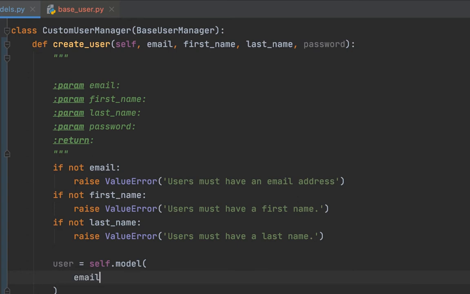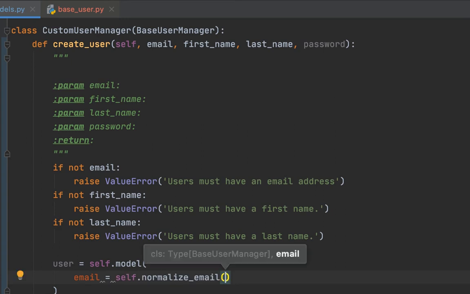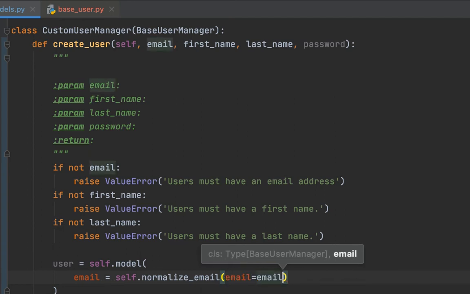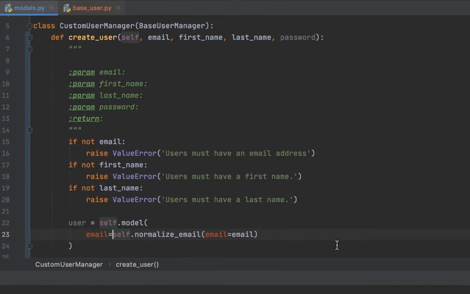First specify the email equals self.normalize_email equals email. Okay, it doesn't want space in between them. Okay. So what this normalize_email does is,